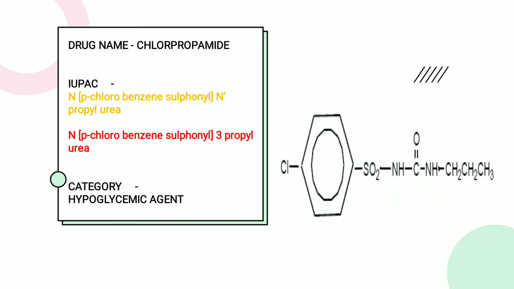Then we go for the next structure. This structure belongs to the hypoglycemic agent. The hypoglycemic agents are the drugs which reduce the blood sugar level. So among the hypoglycemic agents we see the structure of chloropropamide. In the chloropropamide, sulfonyl urea is the derivative of the chloropropamide. So the urea is the parent skeletal structure. In the urea, we number it.